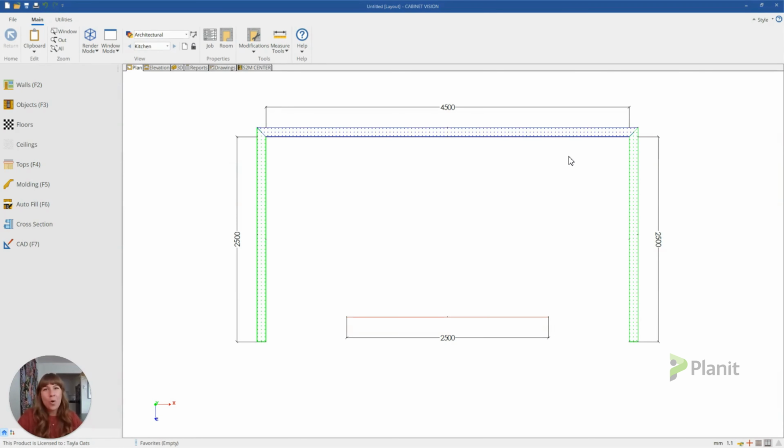All right, so we've done all of the setup work. We've set up the job properties, we've set up the walls. Now comes the fun part where we actually get to add in the cabinetry to the room. So first thing we need to do is go back to the builder's plans and have a think about what